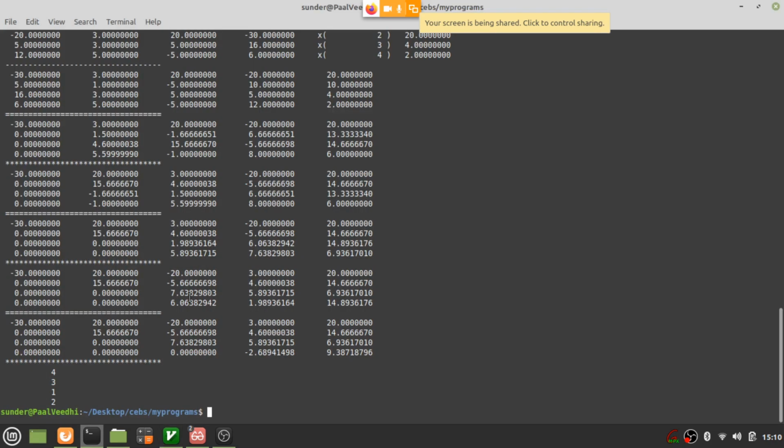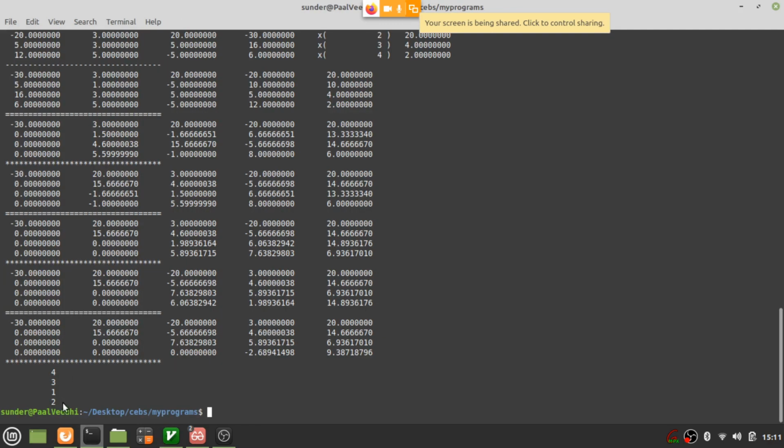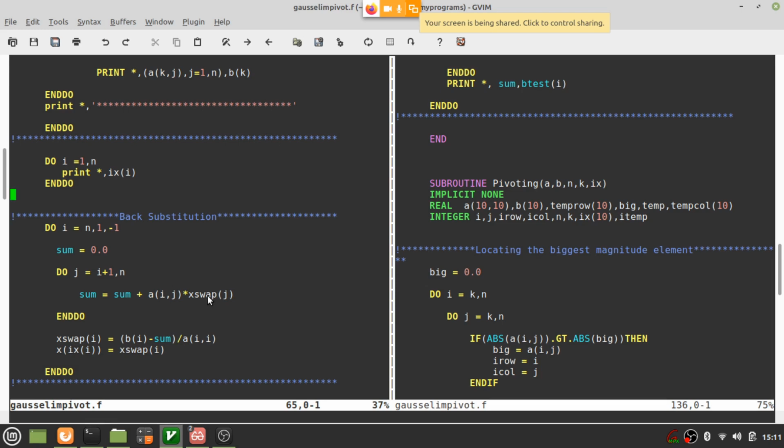That is, this vector corresponds to 4, 3, 2, 1. This is the matrix, and I know what the indices are there. So this solution is actually written as 4, 3, 2, 1, but now I have to print it in the form 1, 2, 3, 4. Correct? So in this swap, I got this first value, and I know this first value corresponds to this x